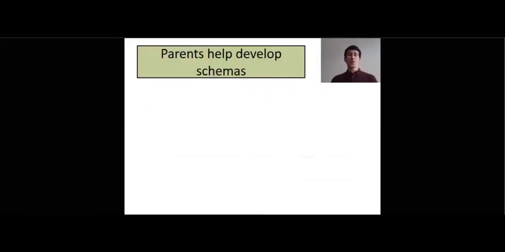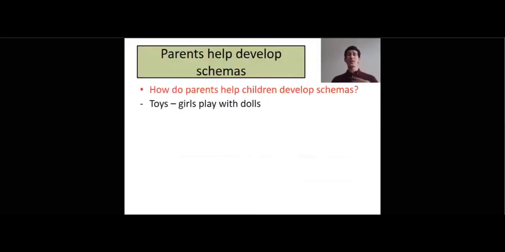Help to develop children's schemas in a number of ways. The toys they